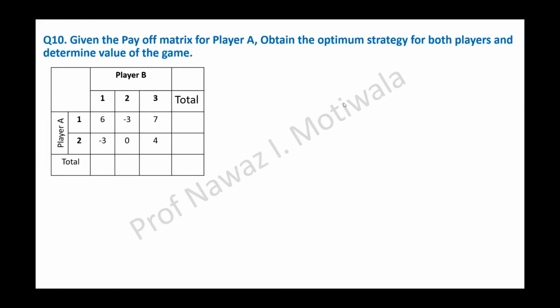Okay. So for dominance method, I have given you the hint that you have to do the total first. So I will write the total. So total is 10 and 1. So it's very simple now. Just compare. -3 is less than 6. 0 is less than -3. Is it? No sir. So what happens here? We cannot find any dominance in the row.